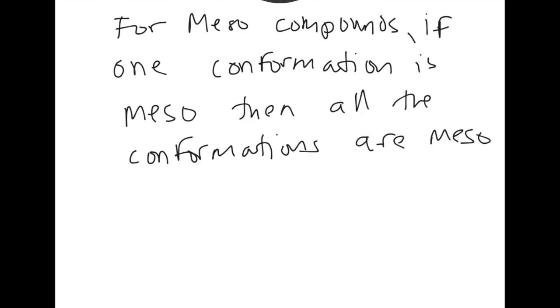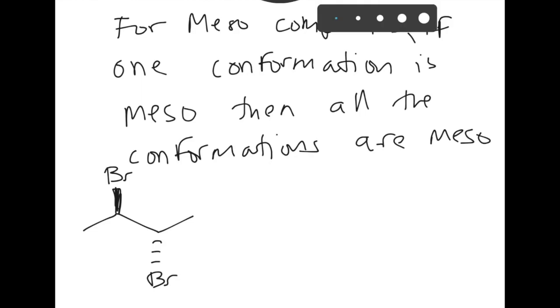Another thing to note is, if you have one conformation, let's say one Newman projection is meso, it has a plane of symmetry, then we can consider all the Newman projections, all the different conformations of that molecule, are going to be meso. So, for example, take this compound. This compound doesn't look like it has a plane of symmetry, right? Everything's super far apart. But if I rotate around this bond,